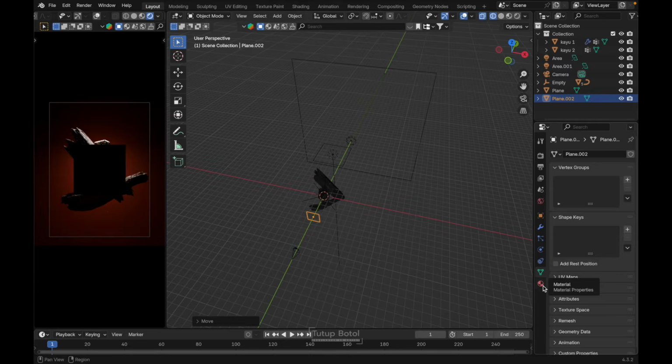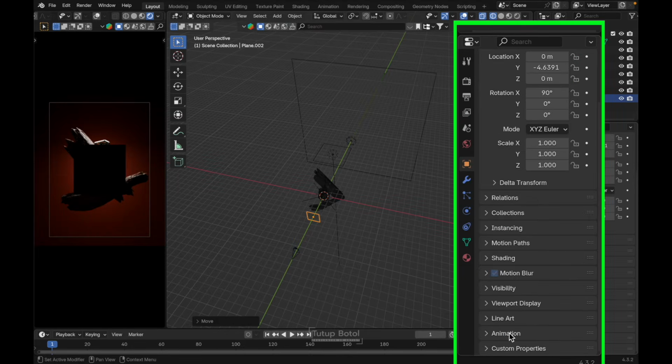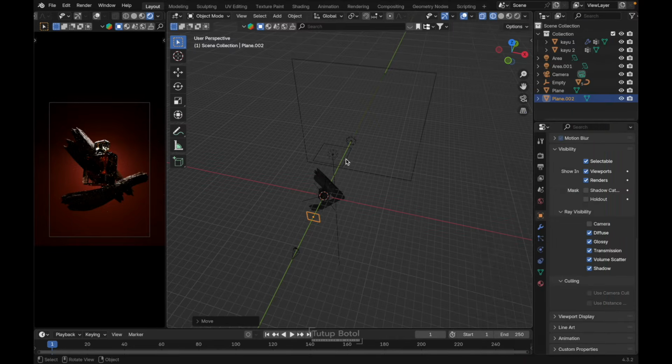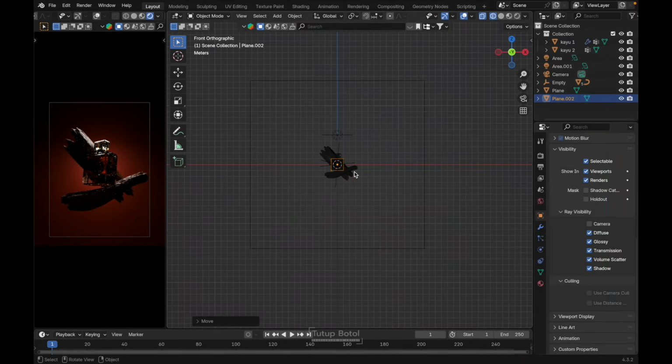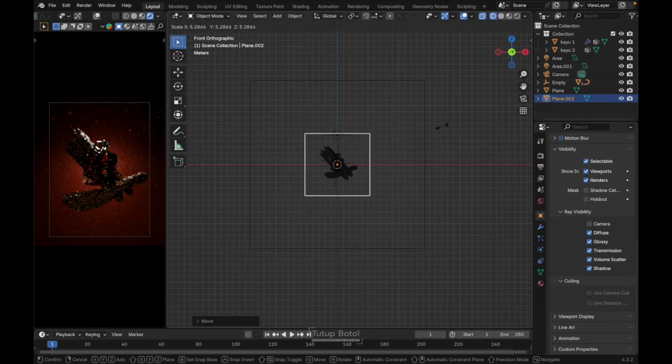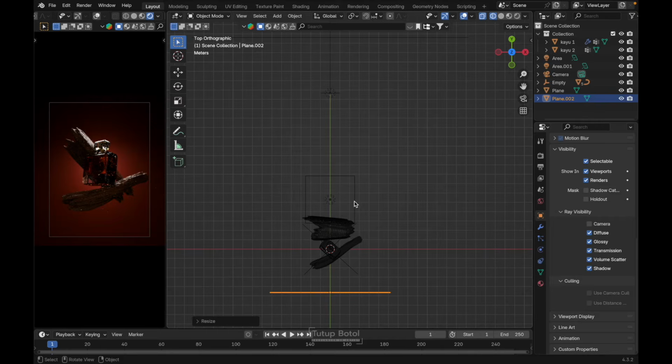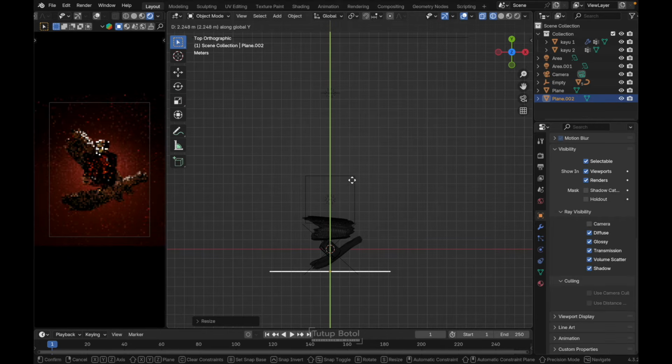Then we're gonna go here, object property, go to the visibility, ray visibility here, disable the camera. Then press S to scale it, like this. Press G Y, put it in the front a little bit.